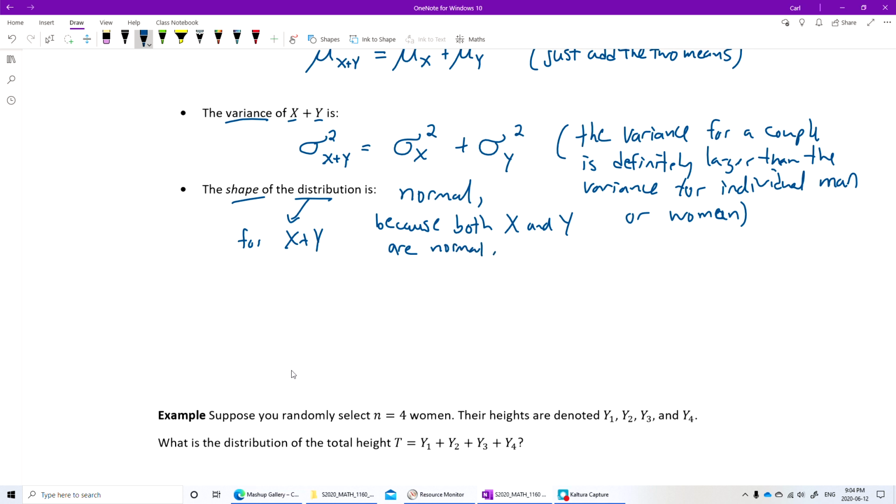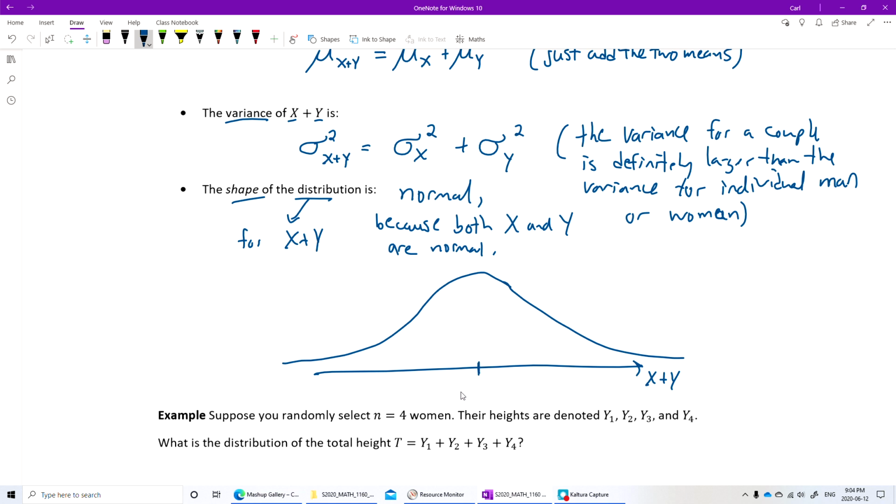We can summarize this with a little picture here. Let's say this axis is the height total x plus y. I need a little bit more space, so let's put it here, x plus y. Then the distribution of x plus y is going to be normal,